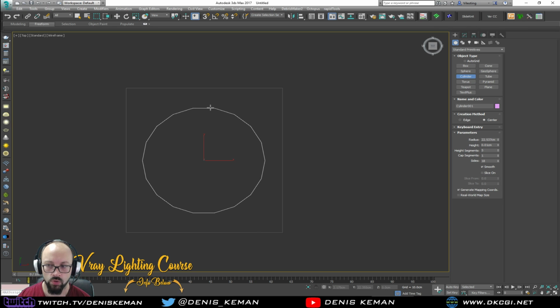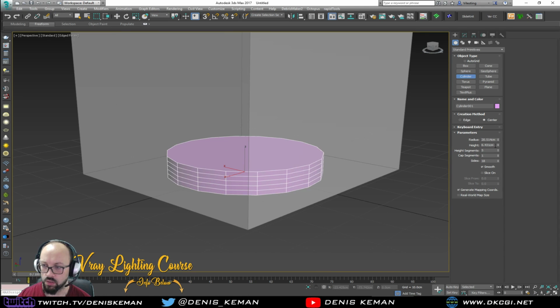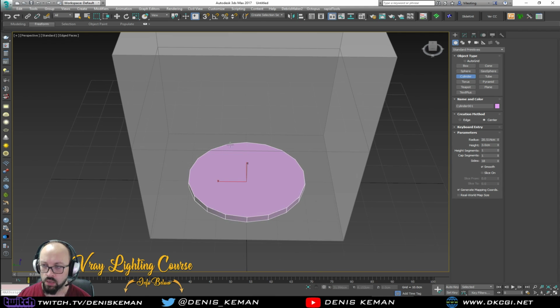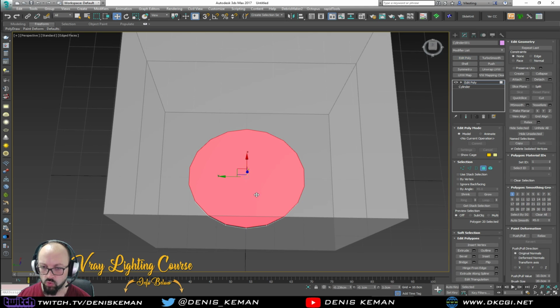Okay, smaller one. 20 should be fine. Let's give it a 3. Oh, no. Height segments, that's fine. Now for this one, I do want to have an edit poly, remove the top, remove the bottom,